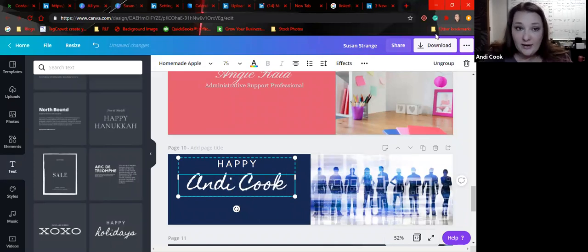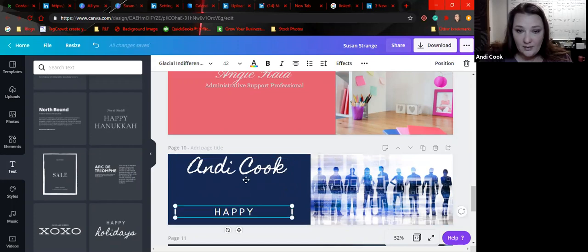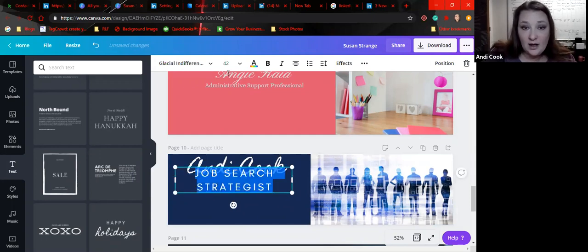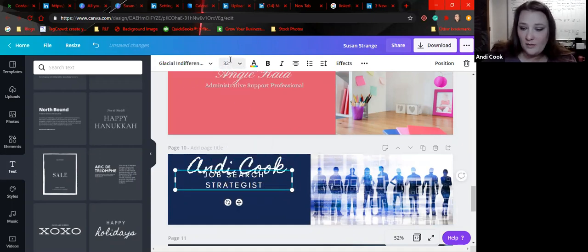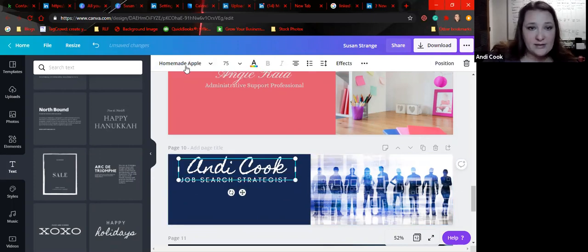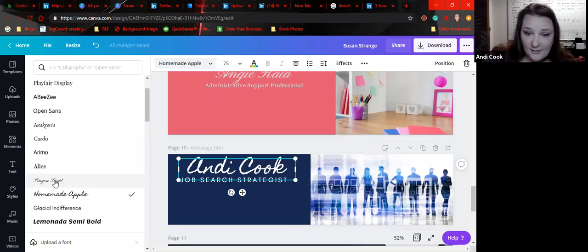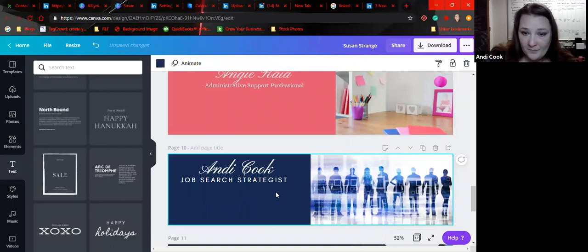I'm going to ungroup this text so that I can move it around individually. So I want to make this a lot smaller. Okay. And I don't really love that font as much as I thought I would. So I'm going to pick a different font. There we go. I like that one.